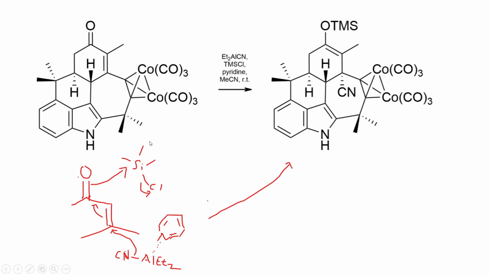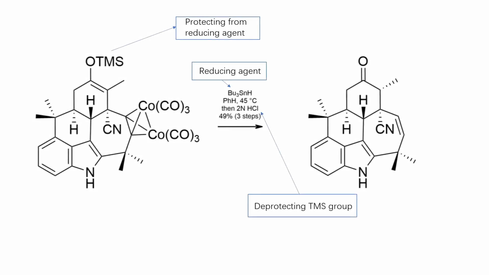And this structure is just TMSCl. It's very common for protection. You'll see it a while later. This one just started to attack this Si and knocks off the Cl. The Si-Cl bond doesn't have a big bond energy, so it's very easy for the chloride to leave. This is what happens. And then the next step is going to be the reducing agent overall,